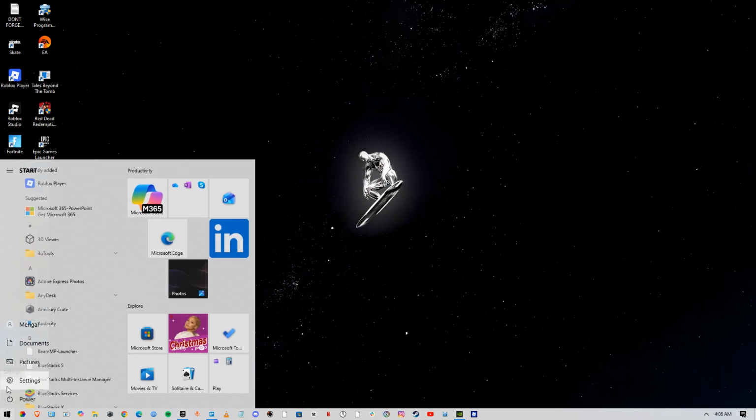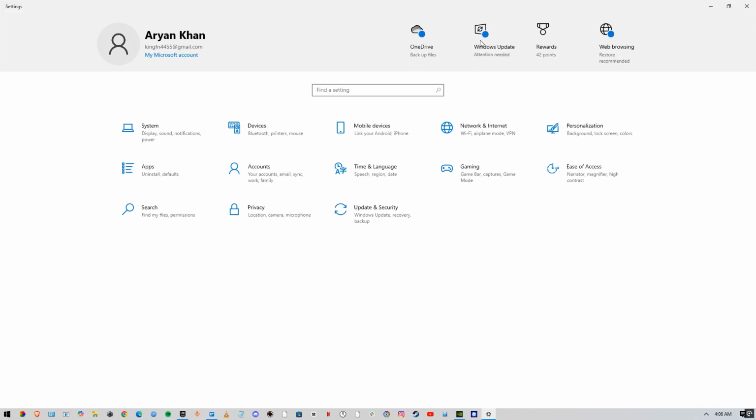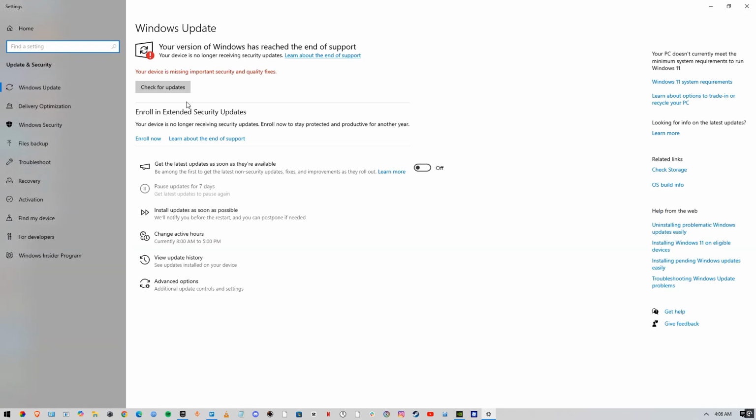Now after that, you need to go to settings and you need to go to Windows Update and make sure that your PC is up to date. If it says something about updating your PC, you just gotta go ahead and update your PC and update it,